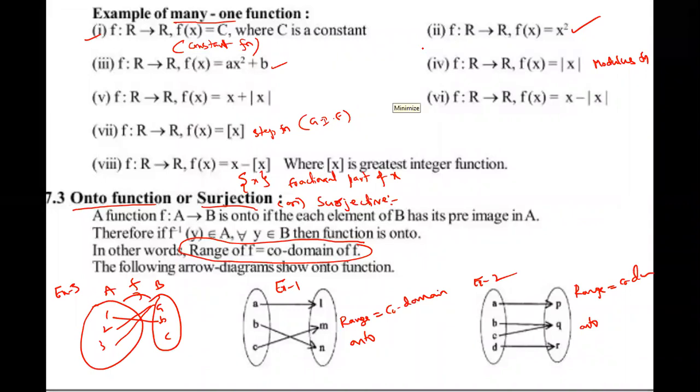It is a function here. Who told? Jitesh Kumar, it is a function. See, I'm asking whether it is an onto function or not. It is a function, but my question is whether it is onto or not. If it is not a function, we don't want to discuss it, it is meaningless. It should be a function, but whether it is onto or not, tell me.